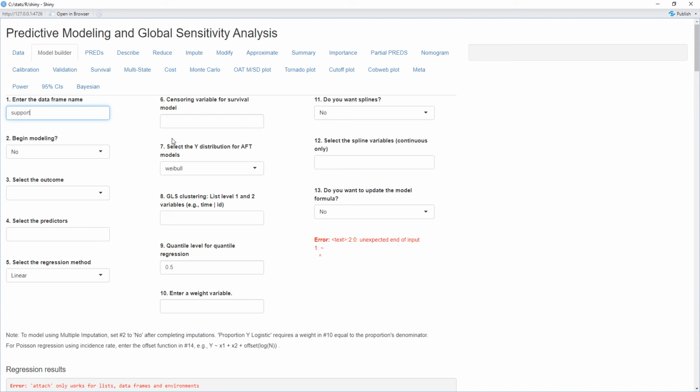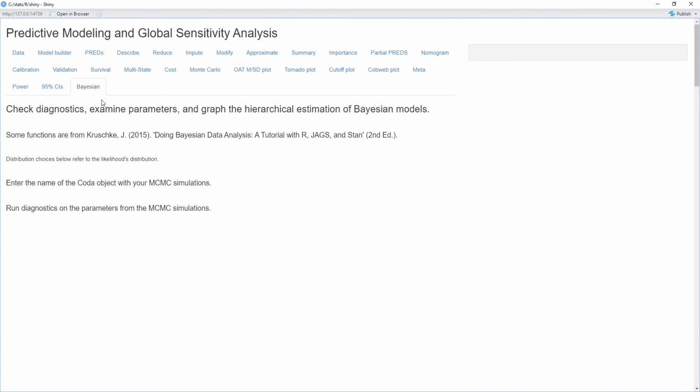I'm using a lot of his data and a lot of his code for the Shiny app. So I've entered the support data frame name in the Model Builder tab, and I'm going to go to the Bayesian tab,